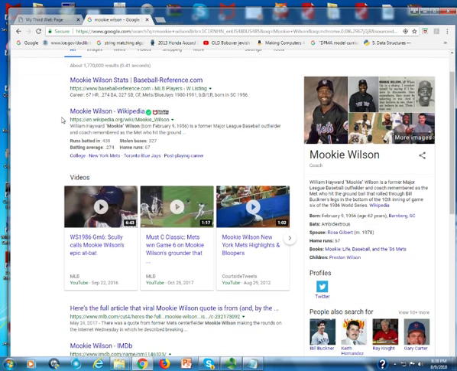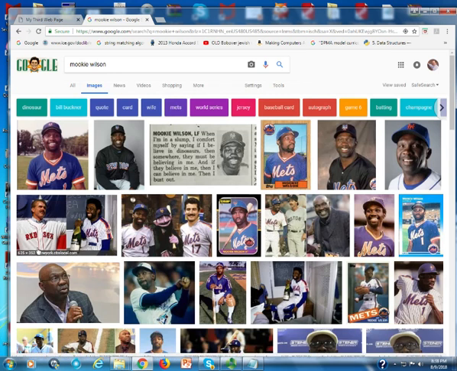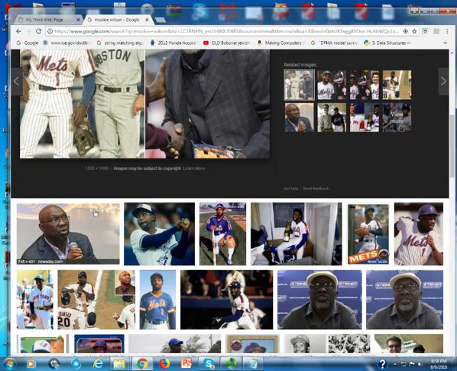Now, I'm going to go here to Images, and I'm looking here for a picture of Mookie. I'm going to get a picture of him together with a man that he would consider a friend these days, namely Bill Buckner, the man whose leg the ball went through as the Mets ended up winning. But we're not going to do that, Mr. Buckner, right now. So let's go for